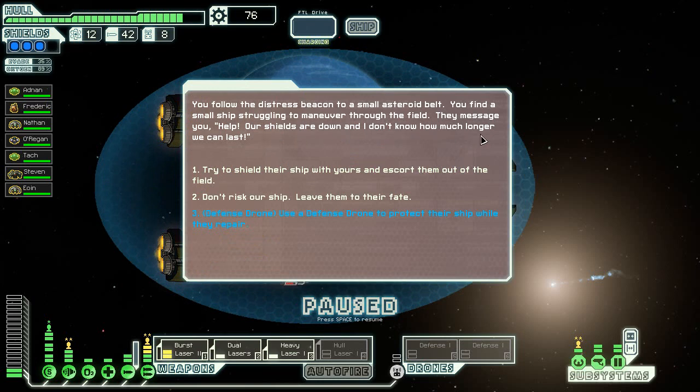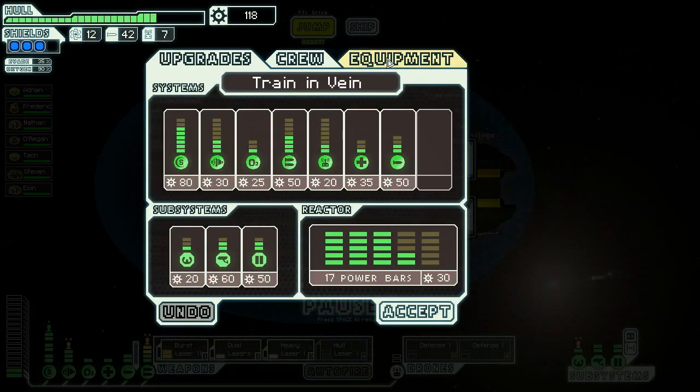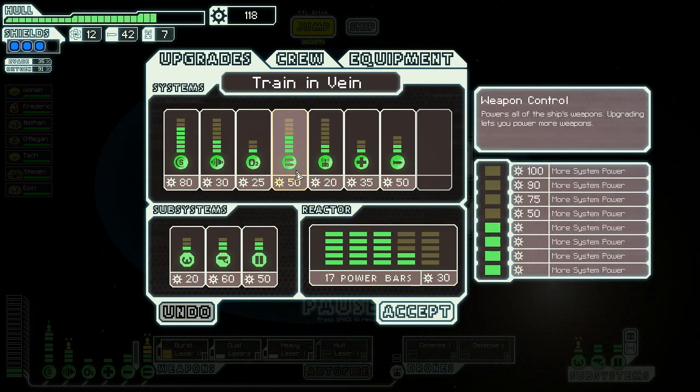Help, our shields are down. I don't know how much longer we can last. Use a defense shell to protect their ship while they repair. And your drone succeeds in keeping them from breaking apart. However, you take some damage while attempting to leave the asteroid field. That's... what? Okay, well, we get a heavy ion. And we lose a drone, even though we have a drone recovery arm. So that's sellable. That wasn't quite worth it. But we do have a bunch of scrap, so...